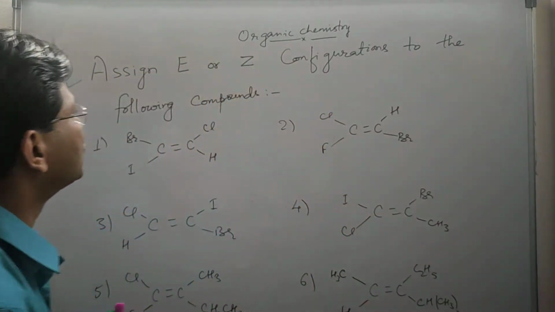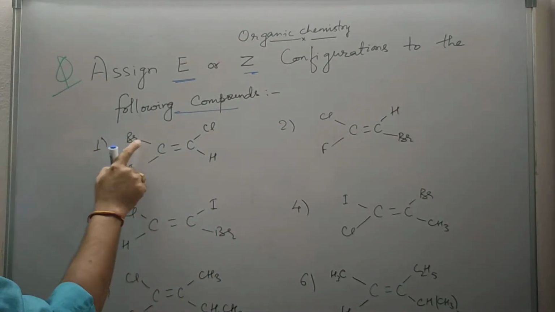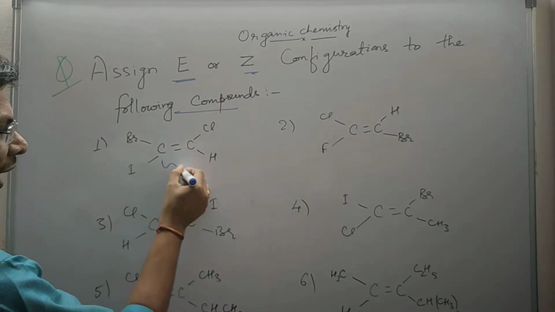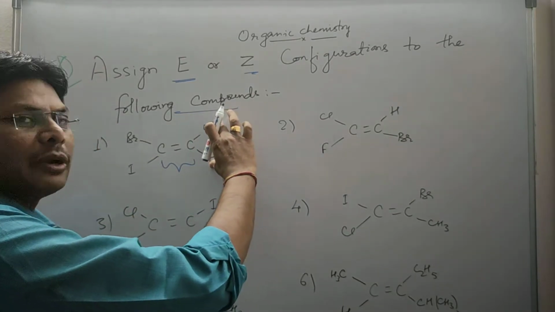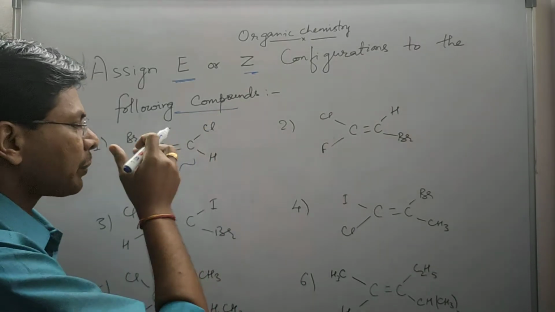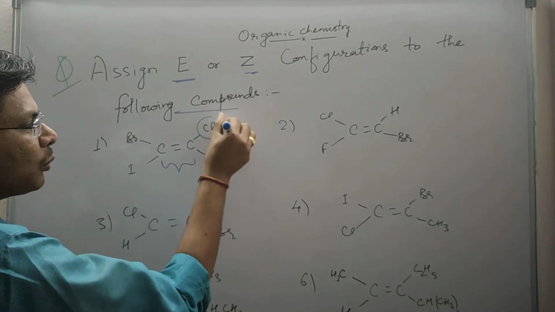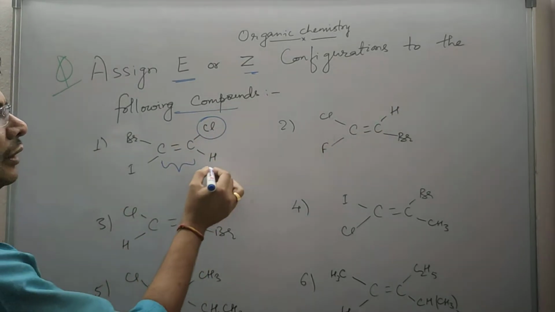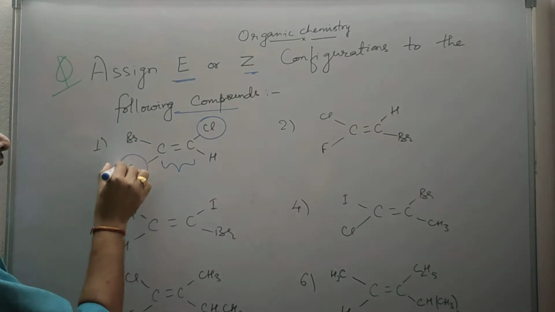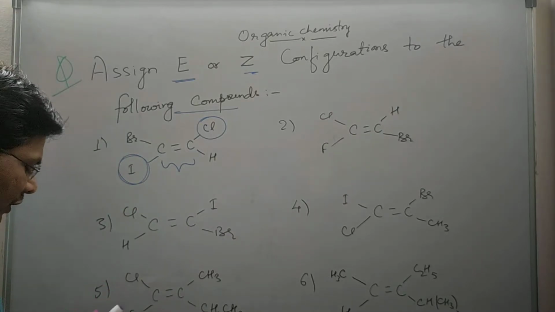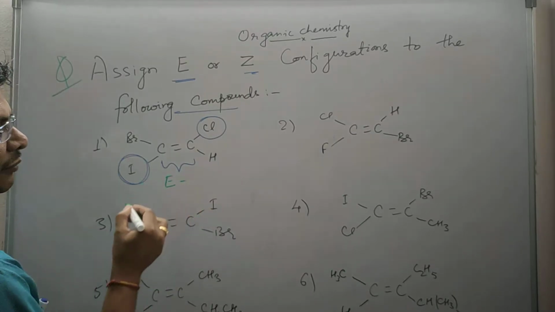So let's see a few questions. Assign E and Z configuration in the following compounds. If we see this molecule, first the condition is that a carbon-carbon double bond is there. That means it will show geometrical isomerism. Second, the groups must not be the same. Looking at the priority between hydrogen and chlorine, chlorine will be given more priority because its atomic number is 17, hydrogen is only 1. If we see bromine and iodine, then iodine will be given more priority. The groups are opposite, so it is called E form.